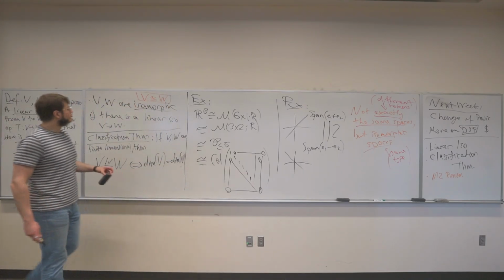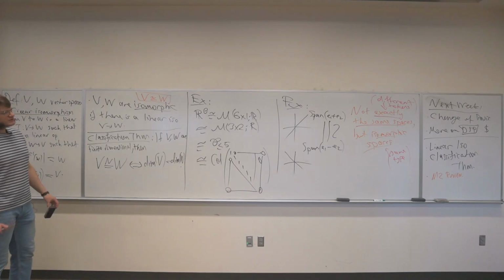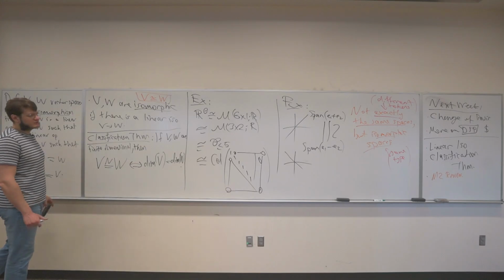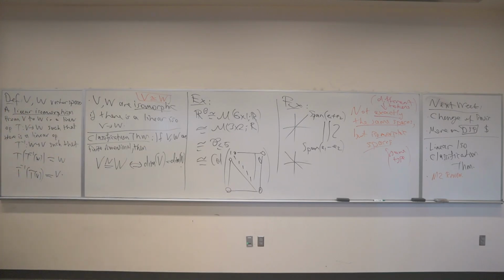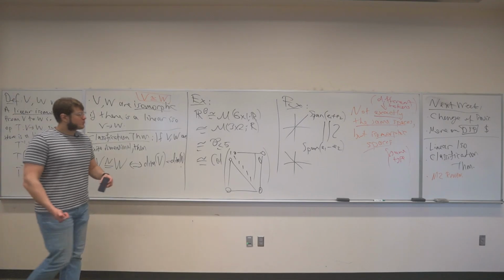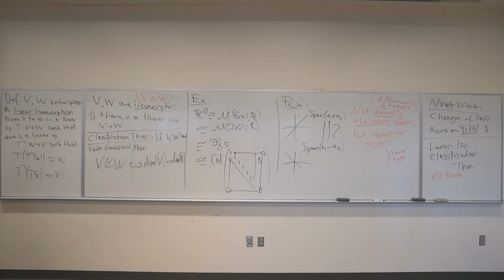The idea of an isomorphism, you see, works in infinite dimensions as well. But the classification theorem doesn't quite work. There are classification theorems for infinite dimensional spaces also, but they are harder to state. They're beyond the level of this class, so we're not going to talk about that. What I want to do is I want to go back to these polynomial spaces and talk a little bit more about matrix representations.